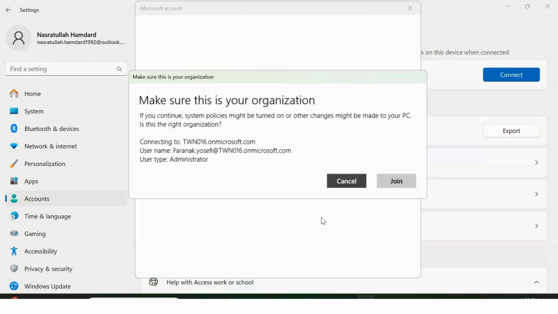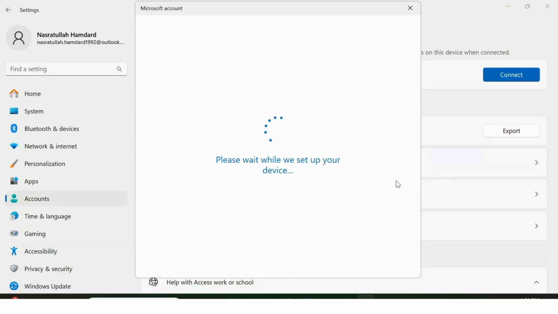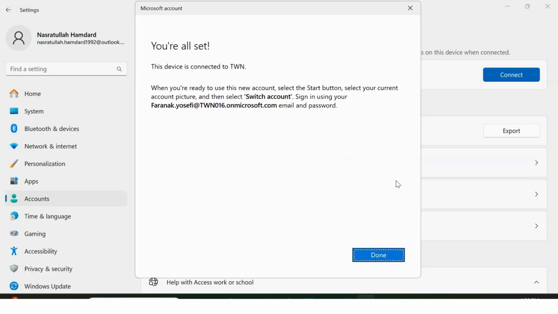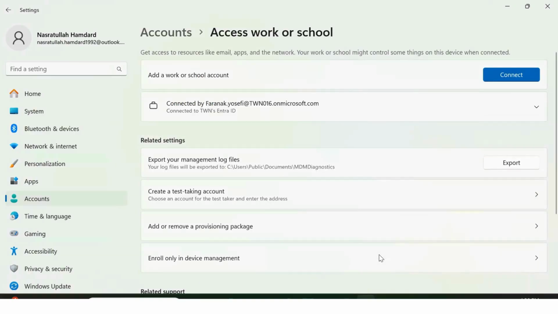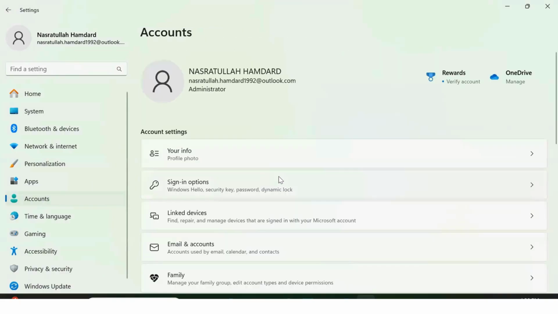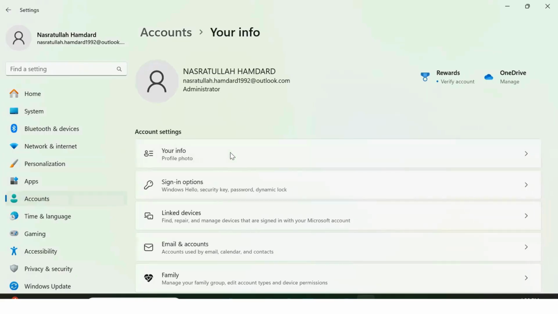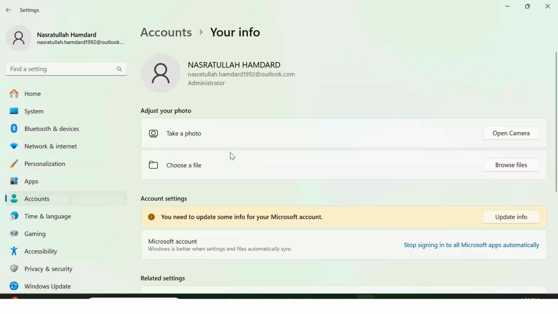Okay, so we have this one. Make sure this is your organization. Connecting to this one, user type administrator. Yes, join. You're all set. This device is connected to TWN. So that's my tenant and great. So I have connected my account. I have joined this device to Microsoft Entra,